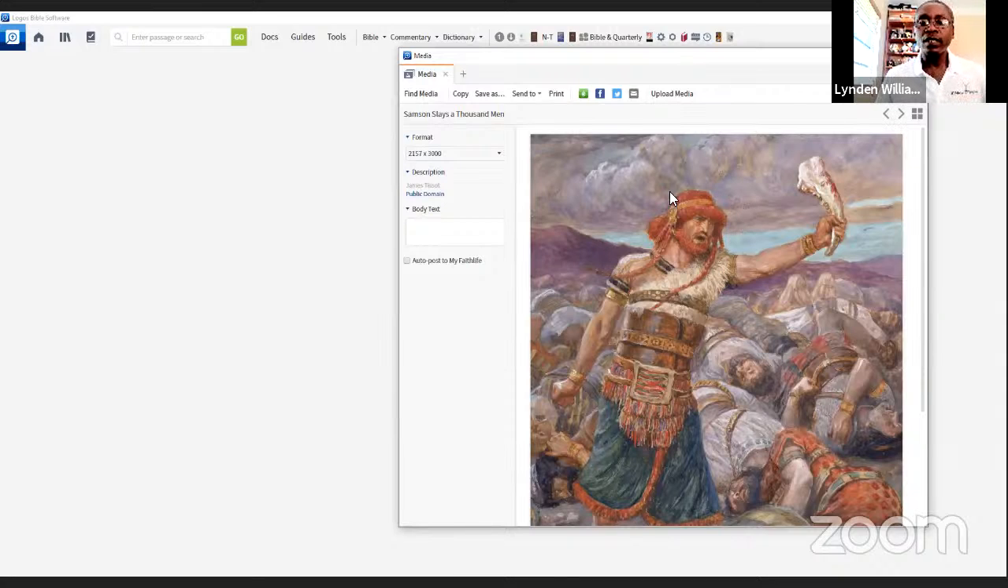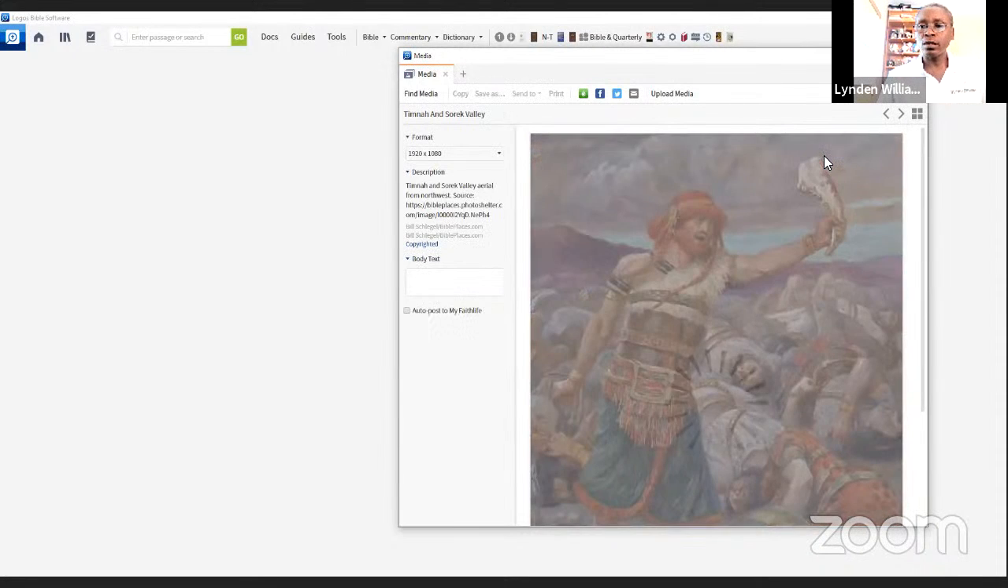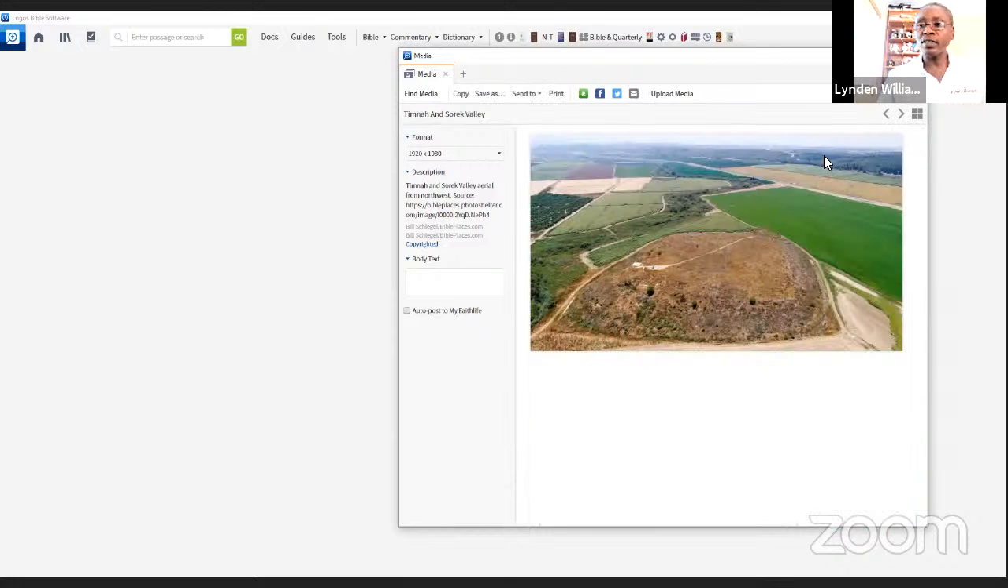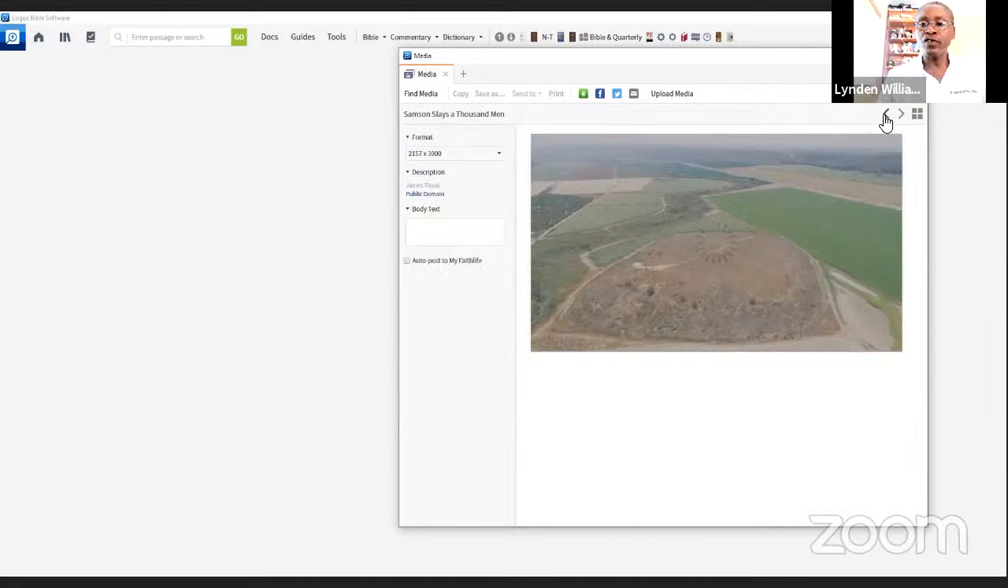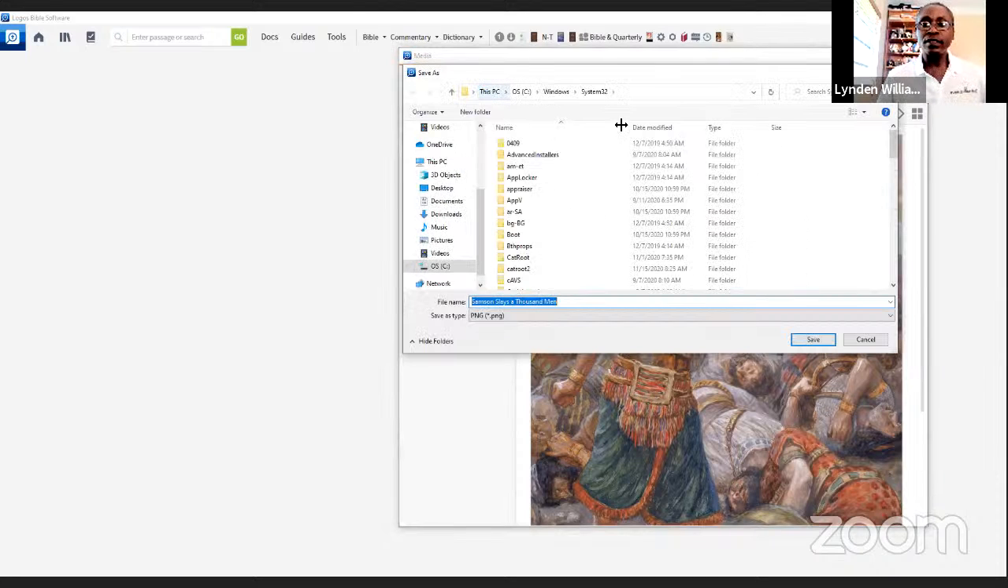This graphic here, I can do several things with this. Upload media if you have something on your computer. Here I can change the view. And this is why you need a very fast computer, but I'll go back to the first one that I prefer. Good graphics card. And what I'm going to do, I can print it, I can save as,